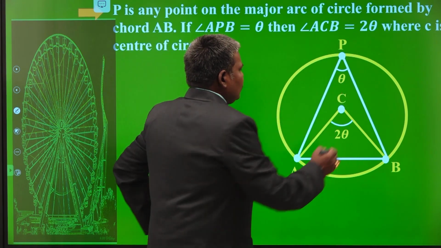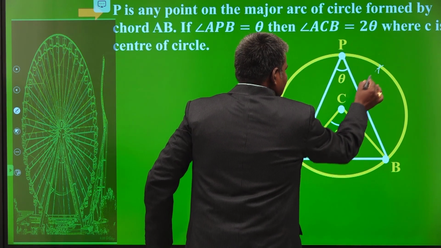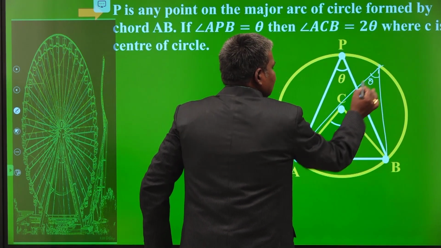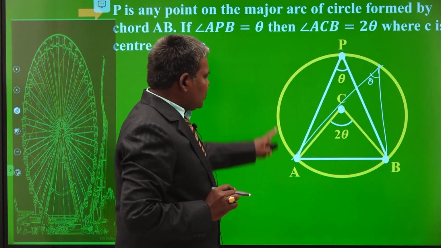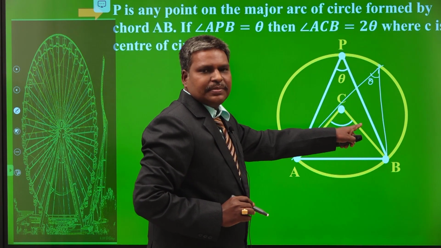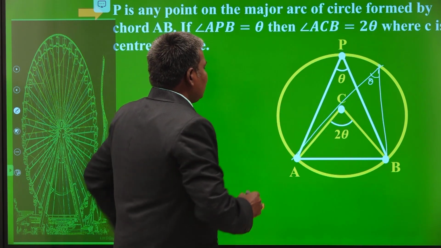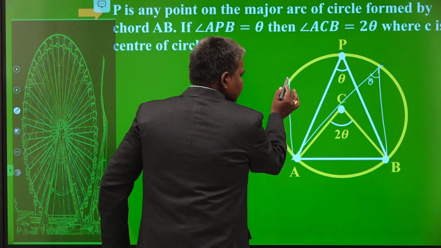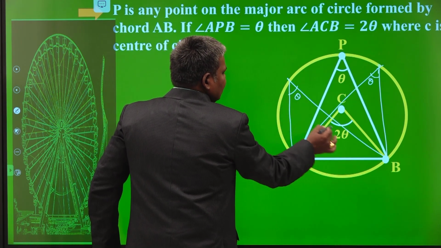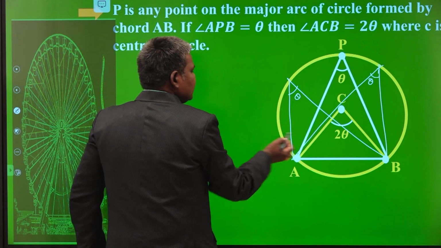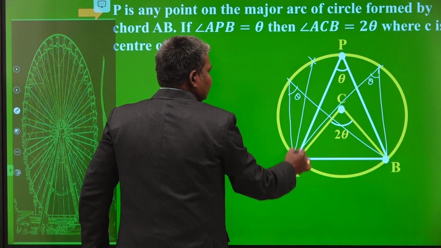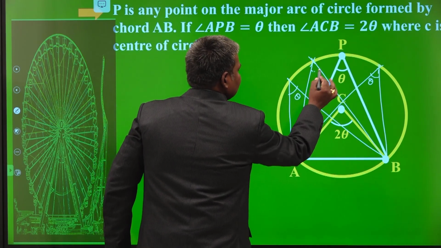If it is theta, you take any point here, join these extremities. What happened? The angle here is also theta, because this is 2 theta fixed. Once your circle is fixed and chord is fixed, your angle must and should be fixed. If it is fixed, therefore all these angles are also fixed. Join like this. This is also theta, because this is theta, automatically 2 theta. Going in reverse, if it is 2 theta, that angle should be theta. If you take any point here itself, the angle is also theta.